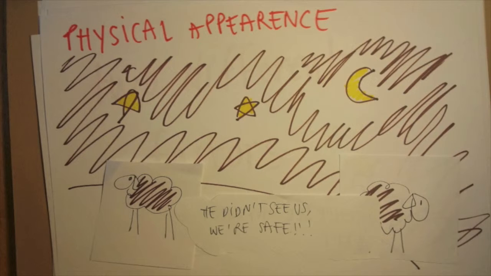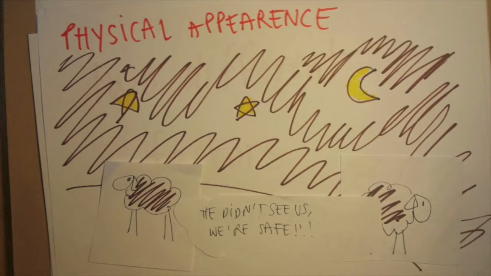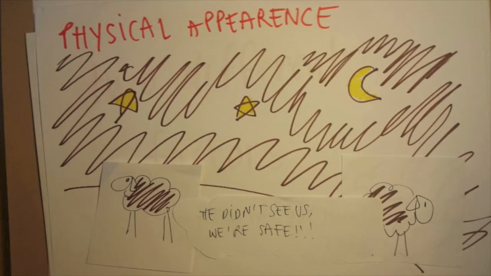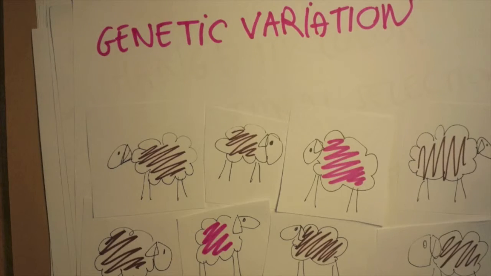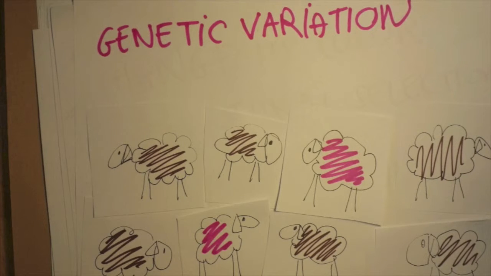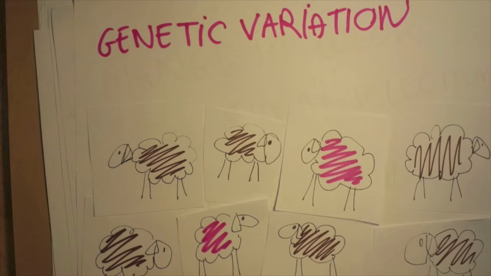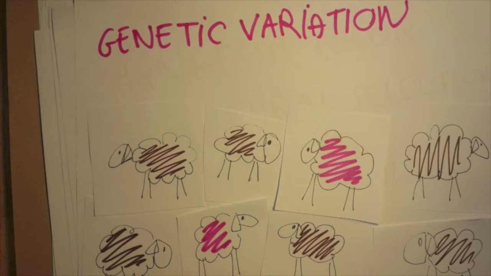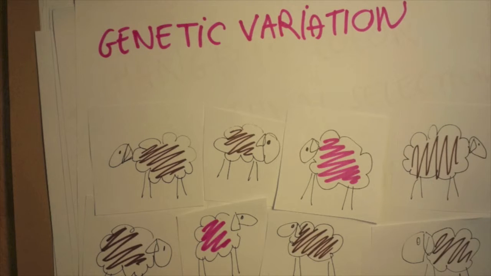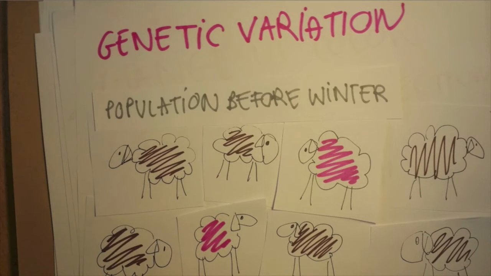Now, this is a great example of natural selection because nobody willingly decided to kill all the neon pink sheep. They just weren't adapted to the environment and therefore died. Now, natural selection does not necessarily happen because of a third individual that is going to trigger the extinction of a species. No, this can also happen, for example, if there's a very cold winter and there was a population